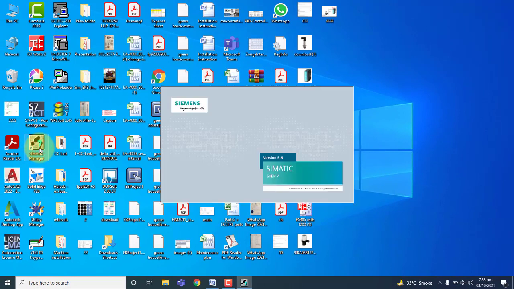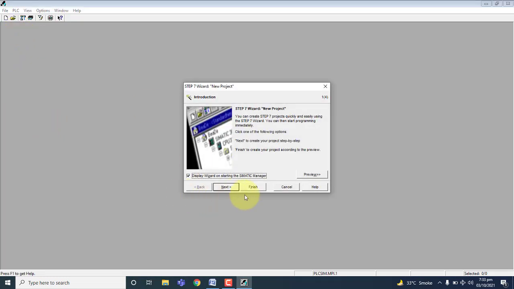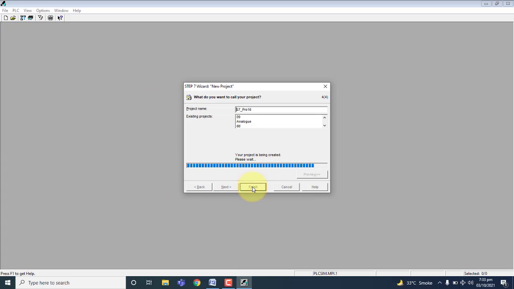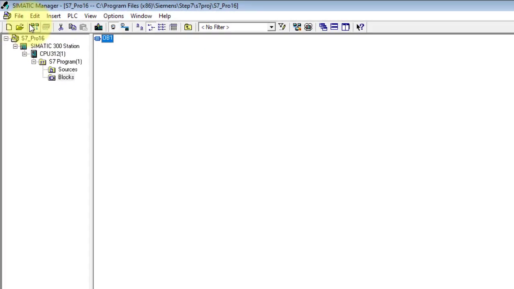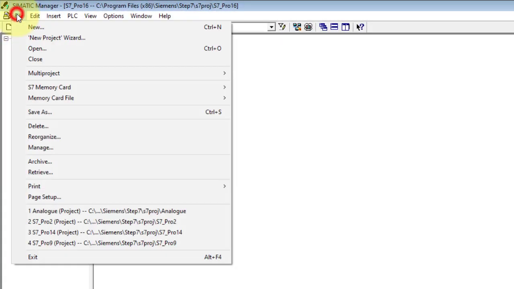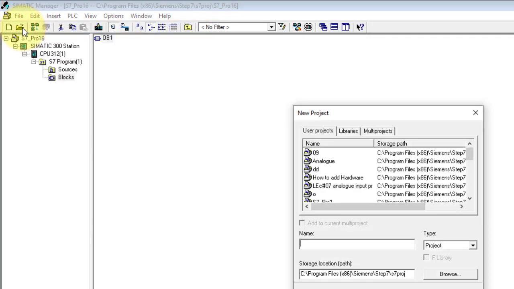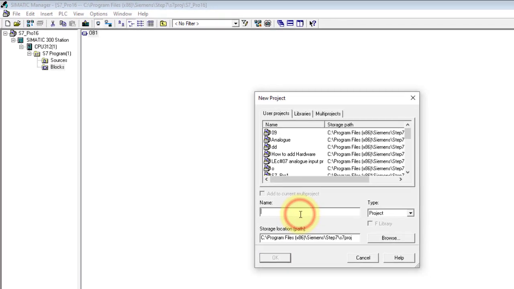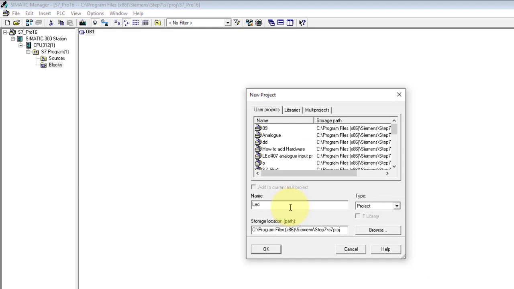Open S7 SIMATIC Manager. Finish this one and create a new project, lecture number 8, analog output programming.